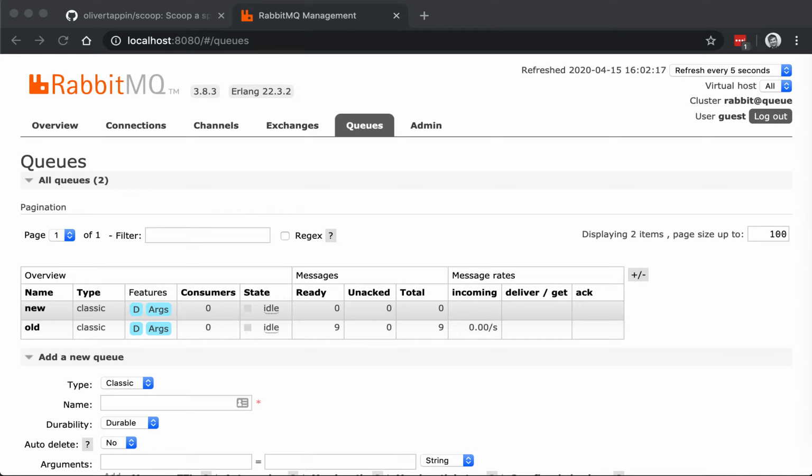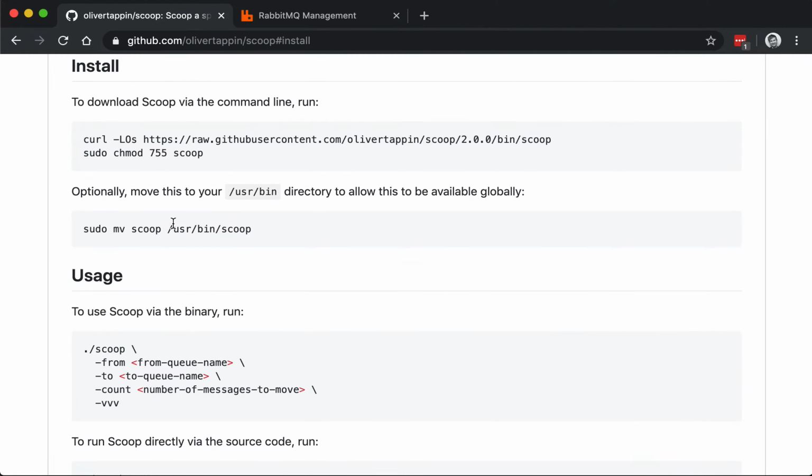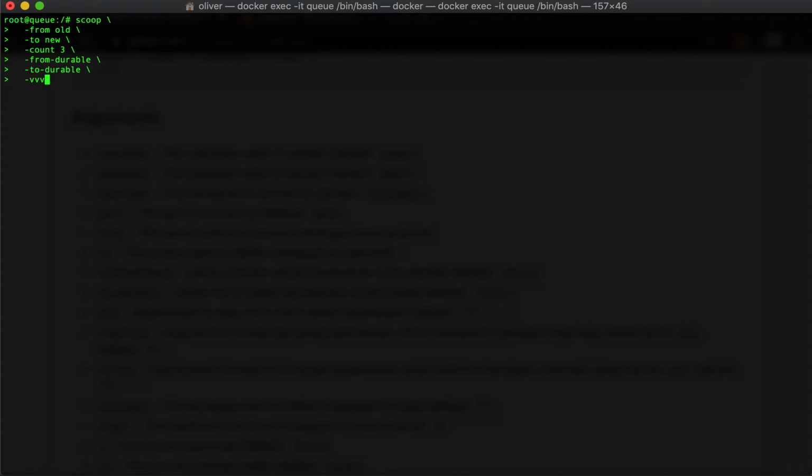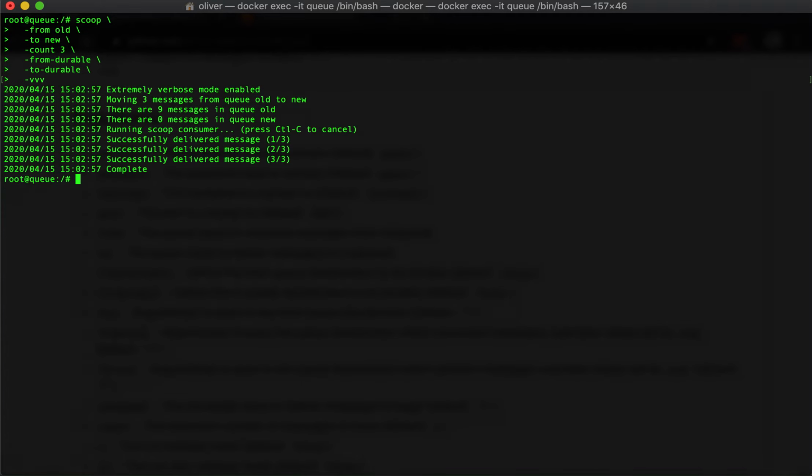So what we'll do is we will go to the command line, simply run Scoop, and move a few messages from the old queue into the new one. So if we go to the command line here, we clear this out. The main one here is that we are defining the count to 3. We have a full verbose output so we can see what's going on. And the final 2, if we take a look at the README, are the to and from durable flags, which simply means when we try and connect to the queue, when we declare our queue, it's going to use the durable flag. So if we run this, we can see that very quickly Scoop has successfully delivered those 3